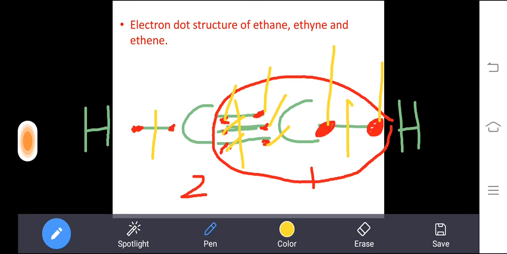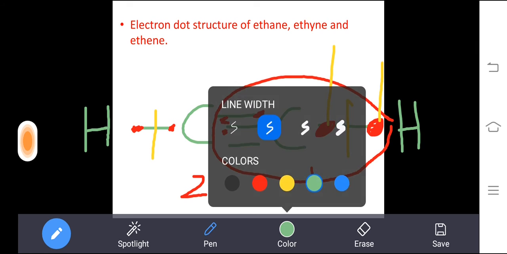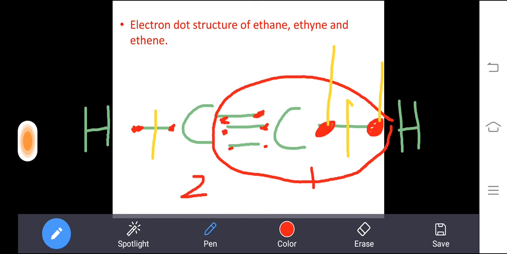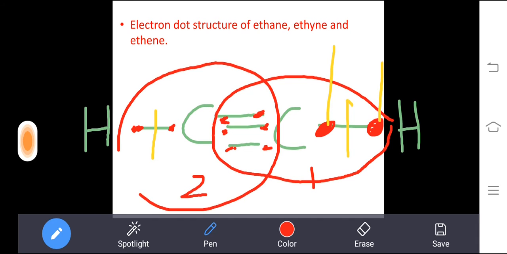The same thing will be repeated here also. I'll show for this carbon. I rubbed everything, 1 minute students. Yeah, this carbon I want to draw the circle. The same thing here also. Here you can see like this. So in that circle, how many electrons will be there? 8 electrons will be there, because here 3, 6, 7, 8.